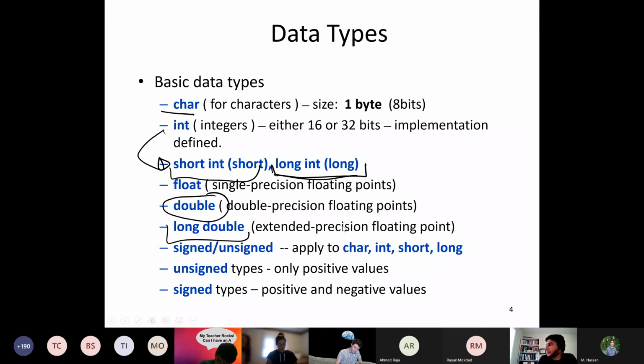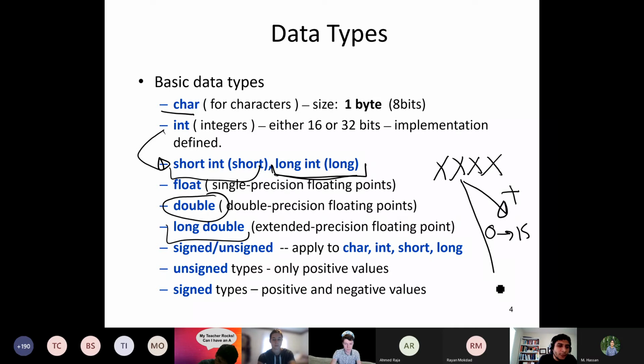Usually one thing related to this that people touch on in a digital design course is why, if you have positive and negative, you take half of the values. Does anyone know why, if I know that my int can be positive or negative, I really have a smaller range of positive numbers? What do you think? For example, assume I have 4 bits. Just again, take a simple example. If I know that all my numbers are positive, then I can encode from 0 to 15. That's only positive. But if I know that they can be positive or negative, I can only have from -7 to +7, correct? What is the reason?